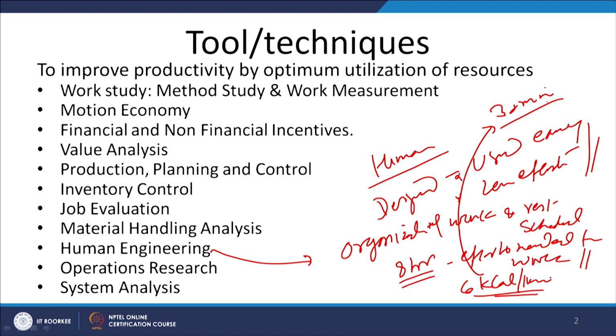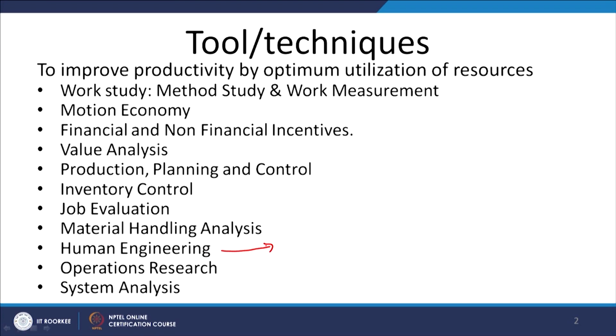And if the energy consumption rate is very less, like in a sitting posture, if the work primarily involves just sitting, consuming energy like 1.222 kilocalorie per minute, then due to the physical effort no break may be needed, and the break is given just to satisfy the physical needs, like a mandatory 30-minute break in a shift of 8 hours to satisfy the personal physical needs. So, the organization of the work and rest schedule is also part of the human engineering.